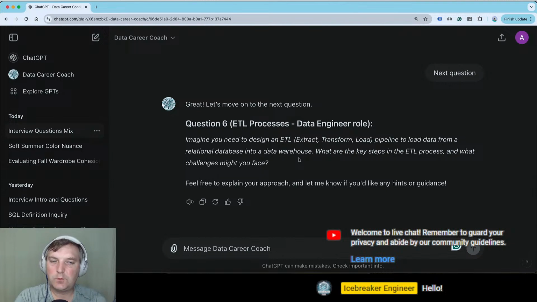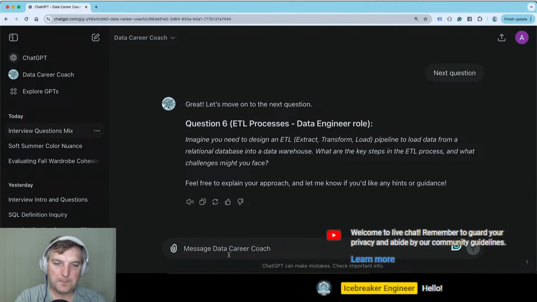I answered this question in the past, and it was related to introducing CDC to remove the load from your relational database and move the data properly. But this time we can answer differently, because you don't always integrate CDC.